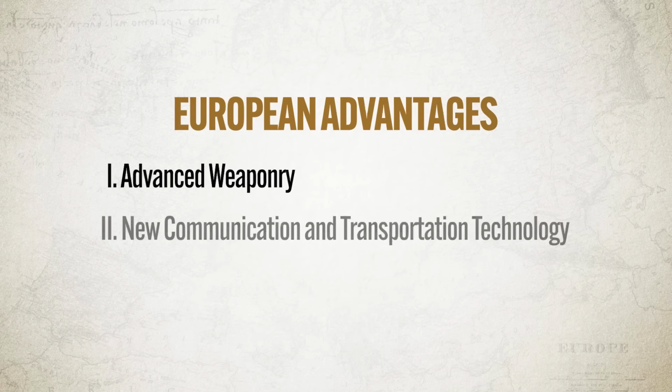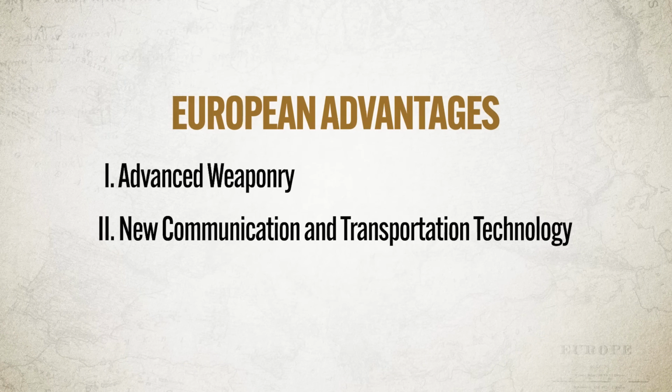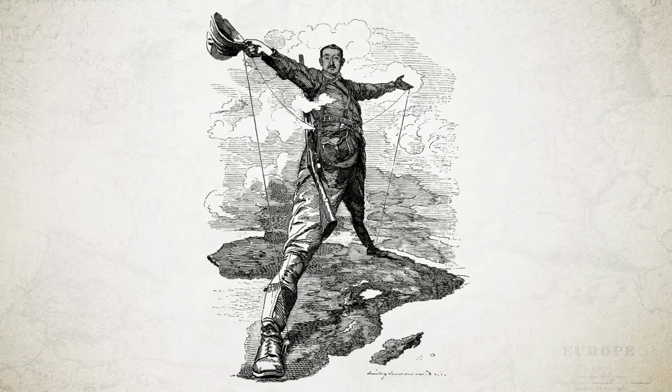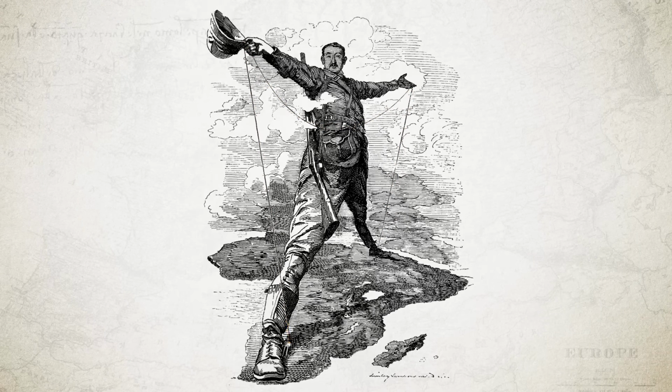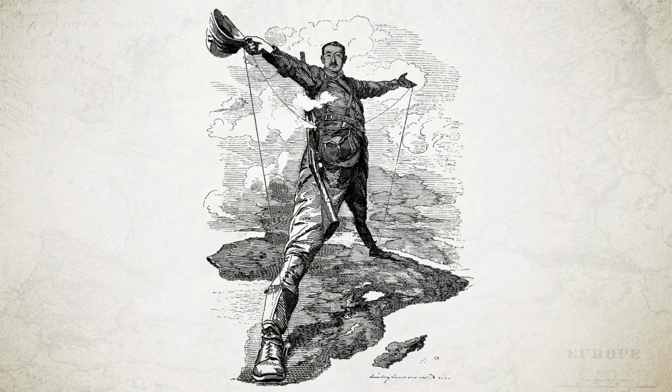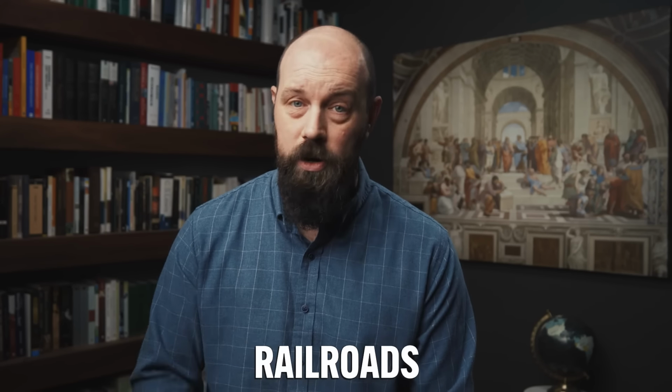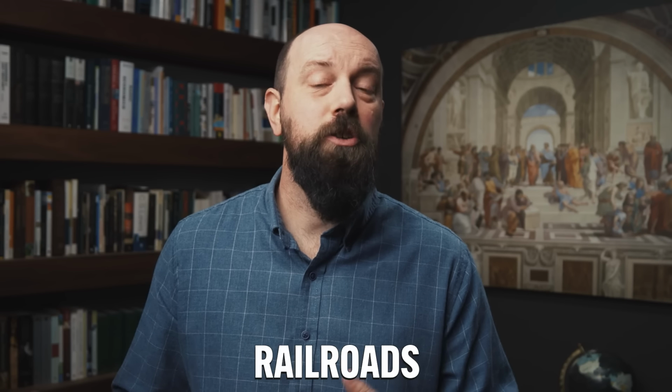The second advantage Europeans had was new communication and transportation technology. Communication was enhanced by the speed of the telegraph and the ability to run cables under the water and at great length. This enabled coordination in both conquering territory and maintaining power once it was conquered. And once territories were conquered, imperializing nations got to work quickly building up infrastructure, the most significant of which was railroads. In this way, raw materials and manufactured goods could be transported in and out and around these colonies with great speed.